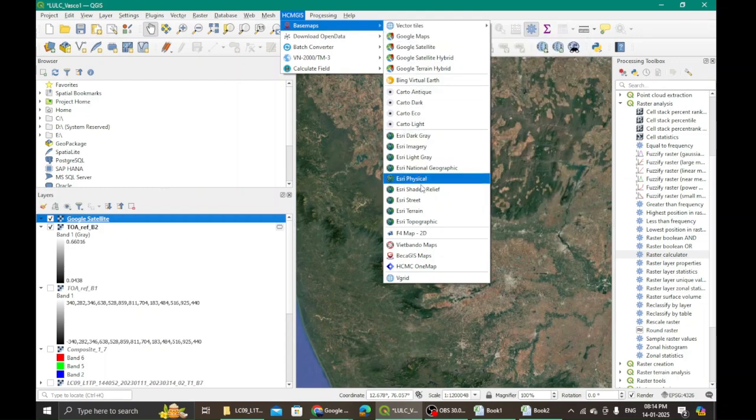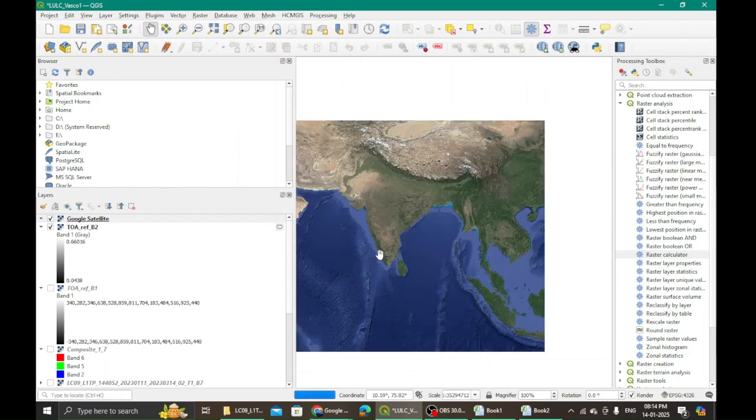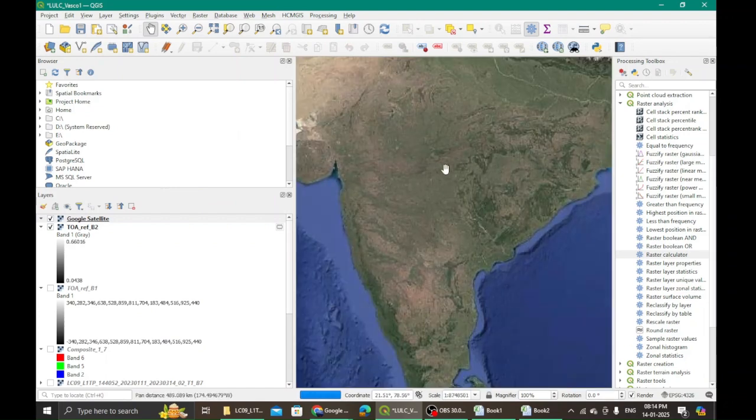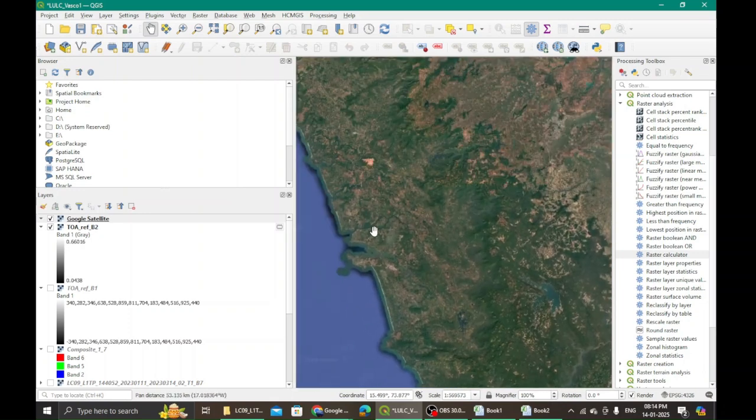Under base map, go to Google satellite. Zoom out so that now you know which area you are falling into, and you get the coordinates over here. I fall somewhere here. This is my state, and I fall in 15 degrees and 74.